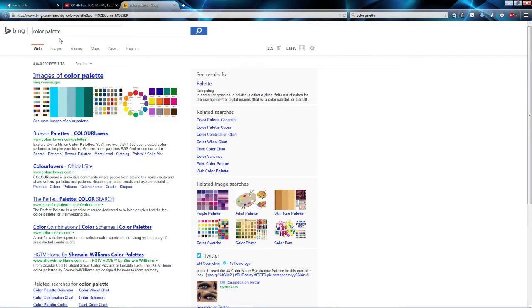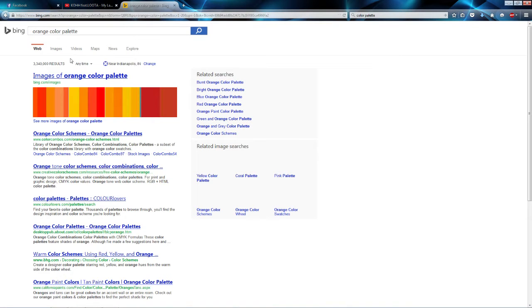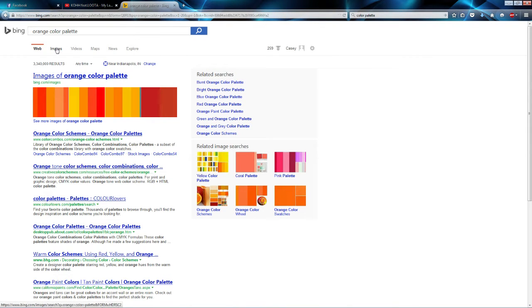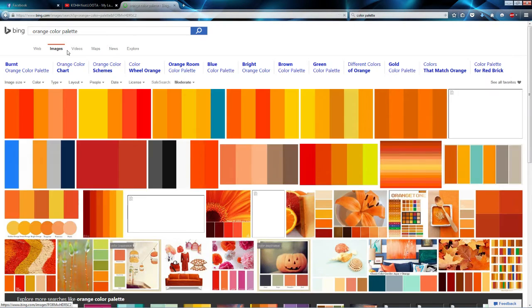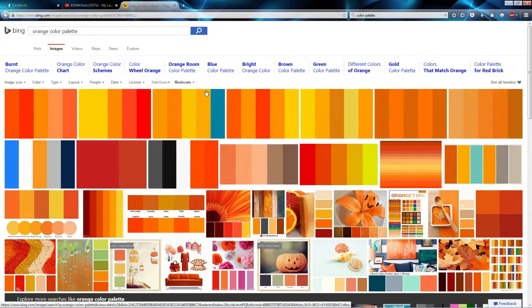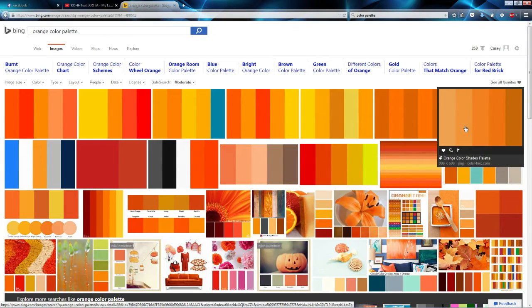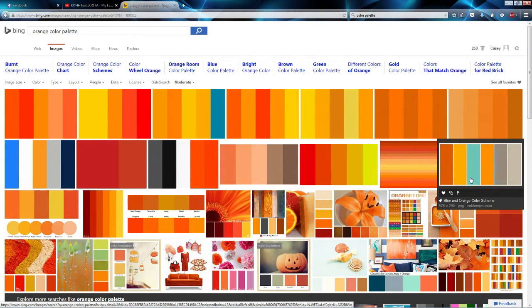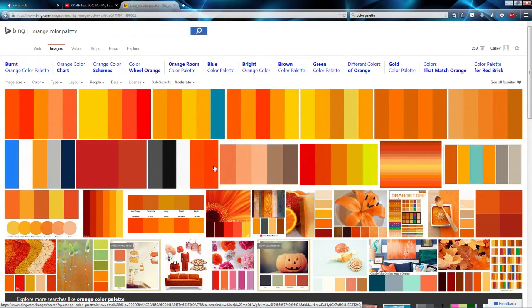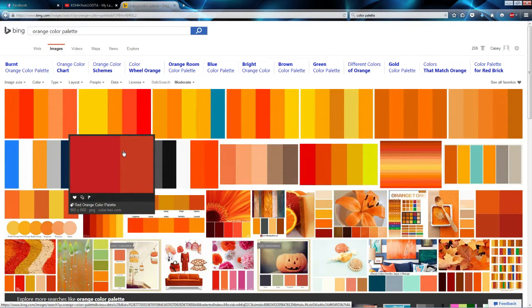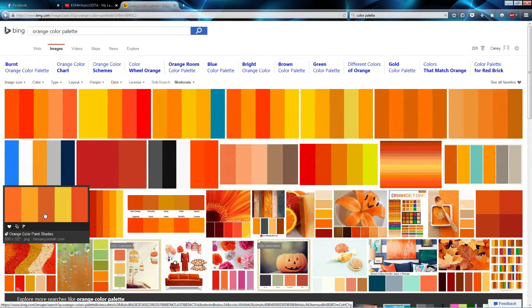Let's click on orange color palette and go to images. And this gives you a huge selection of different color palettes using the color orange. And I'm basically just going to go through here and find one that seems like it's going to work for my project. If I'm making, let's say maybe I'm making a pumpkin, I might want to use something like this,